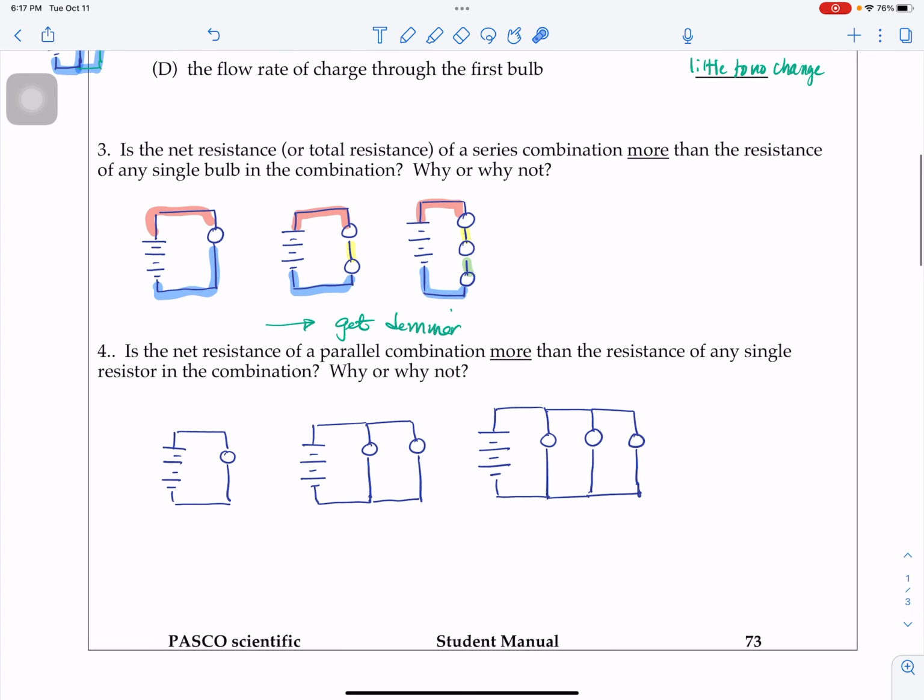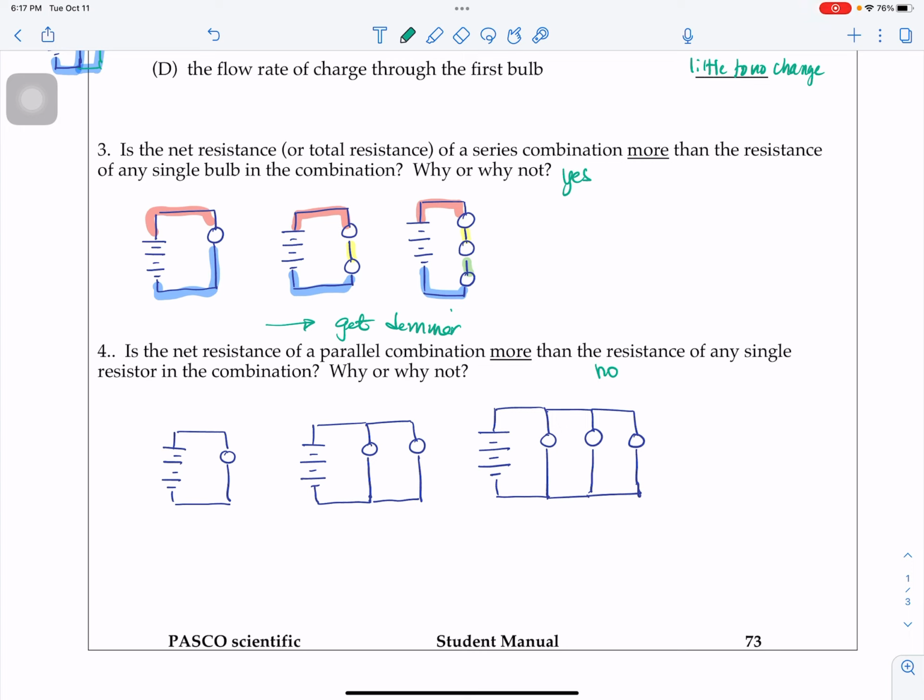Okay, is the net resistance of a parallel combination more than the resistance of any single resistor in combination? And the answer to this is no. I guess I should have put for the number 3, this was yes. Number 4 is no. And the basic idea is that I have more paths, and so I can have more